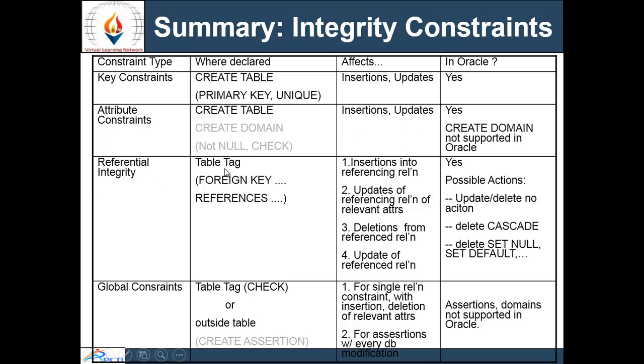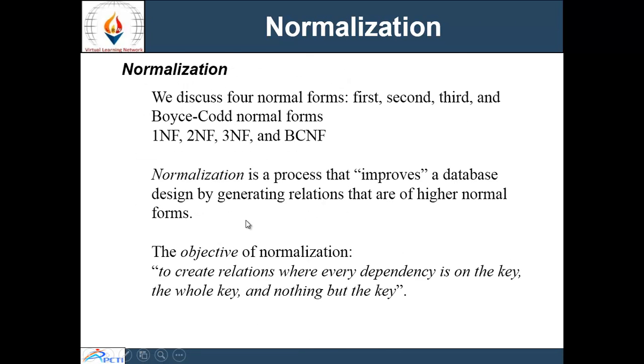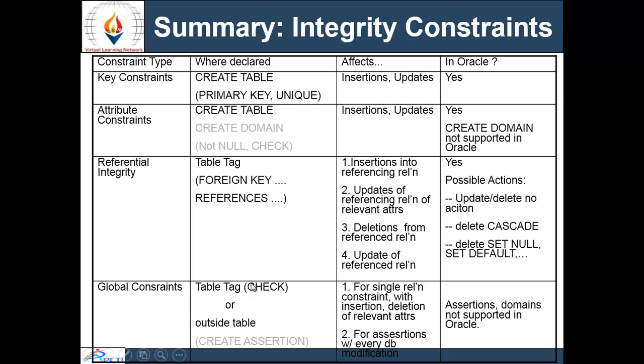Then referential integrity specifies the foreign key references. It affects the insertion into the referenced relation, the updates of the referenced relation of the relevant attributes, and the deletion from the referenced relation, and it also affects the global references. Next is global constraints, that is table tag check attributes. You can declare them in the table tag check, and outside the table, that is by creating assertions.